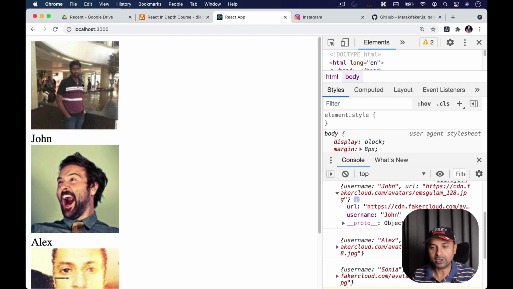for our user component, right? Let's show these images in a circular way, and let's try to make this John font a bit different. So I'll tell you how to write CSS for the component in React. That's what we are going to see next. So let's have a quick break, come back, and we are going to see how to write CSS for our user component.